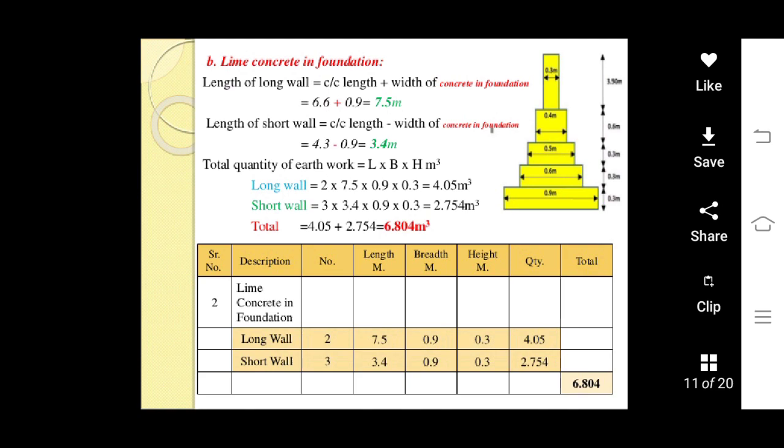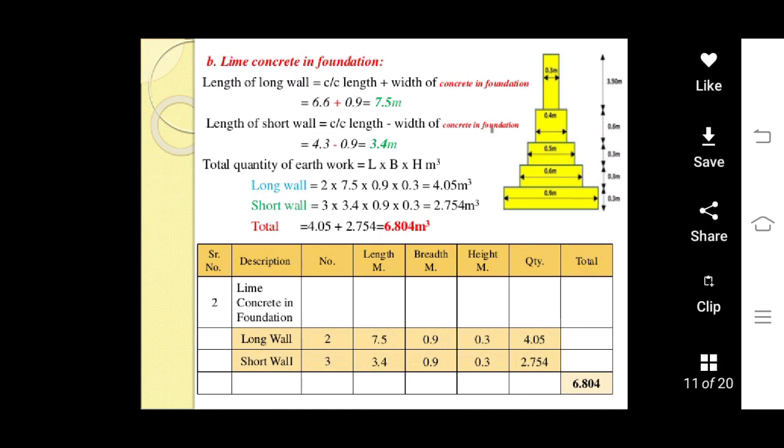For short wall quantity, there are three short walls. Therefore, the calculation for quantity is equal to 3 into 3.4 into 0.9 into 0.3, which is equal to 2.754 meter cubes. The total quantity of lime concrete for all long wall and short wall is equal to summation